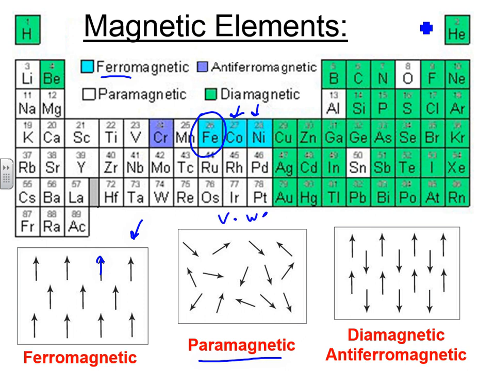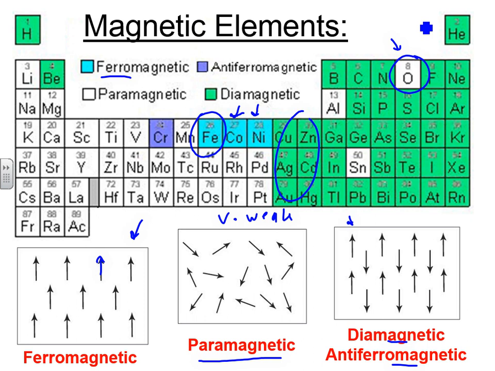It also includes oxygen. Oxygen, pretty famously and interestingly, is paramagnetic. If you make it into a liquid or a solid, it'll be attracted to a magnet. Very interesting. And then we have diamagnetic or antiferromagnetic, and these will have field lines that permanently cancel each other out because they're in opposite directions. And so most nonmetals are not magnetic. And there are a few metals that are also diamagnetic, so they will not respond to a magnetic field. And then we have this crazy antiferromagnetic chromium, will not cooperate magnetically.